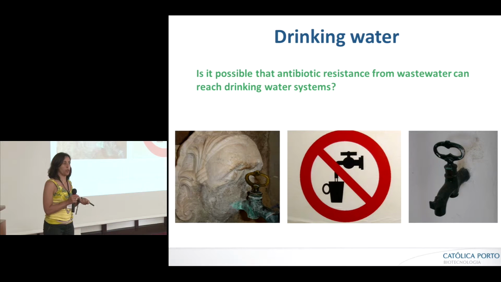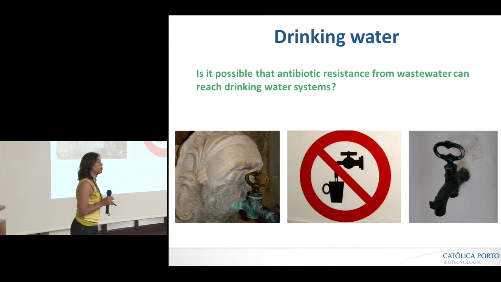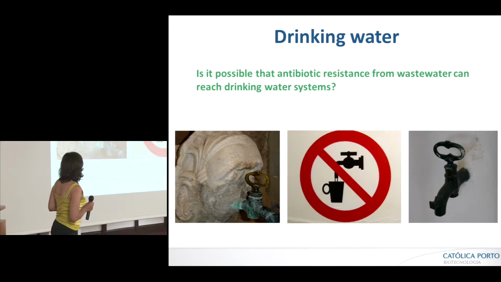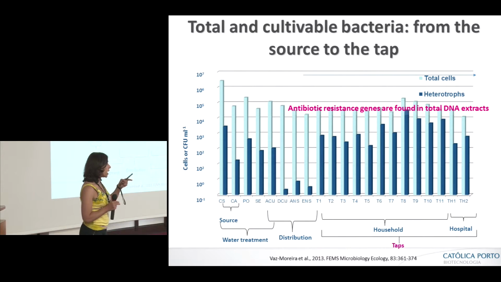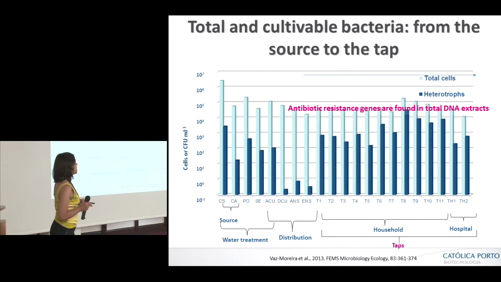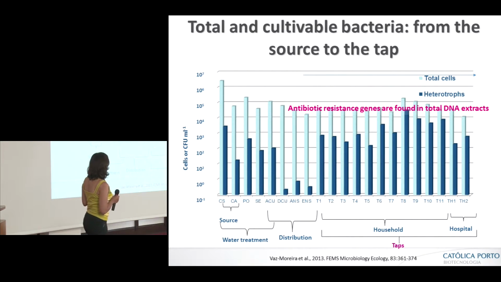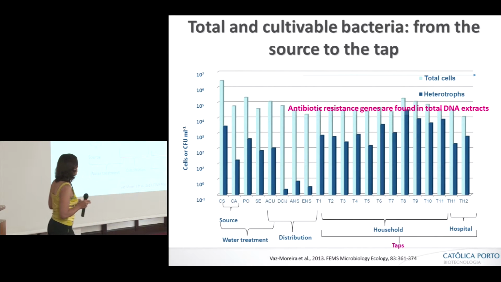In principle, we should think, okay, the water is disinfected, so it will be free of antibiotic-resistant bacteria. But what we can see is that when water is disinfected, we have a really important reduction in the number of bacteria in water. But in reality, when we analyze the tap water in our houses, we find that indeed we have a lot of antibiotic-resistant bacteria, although these bacteria have something that we call intrinsic resistance. It's something that is natural in bacteria and is not acquired by those processes that I mentioned.